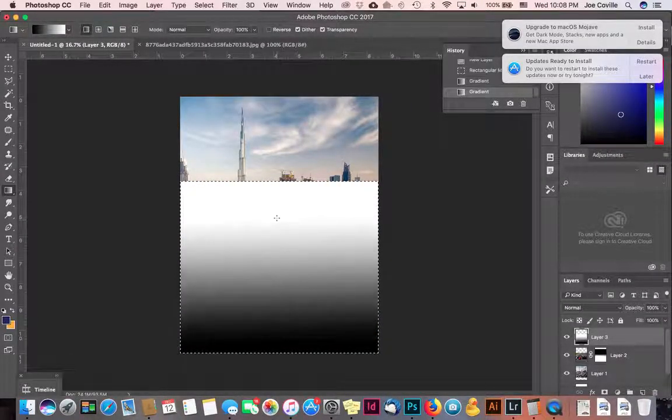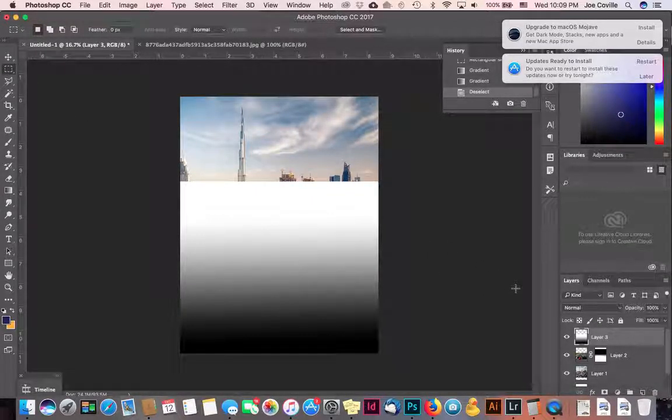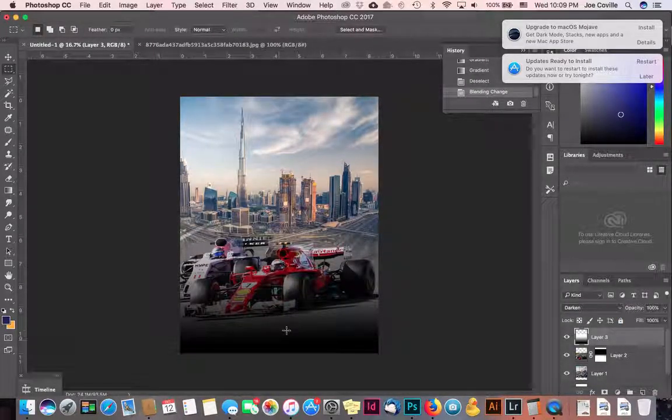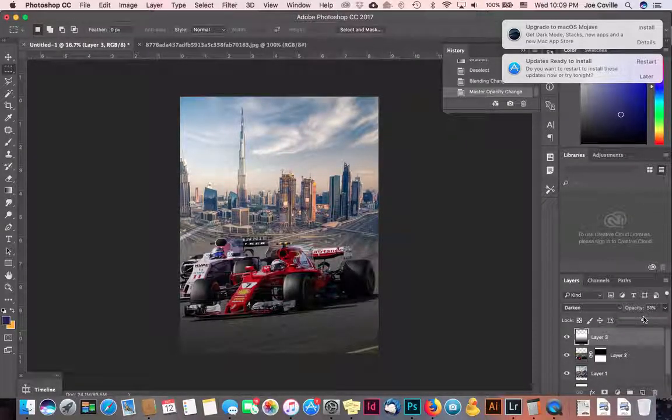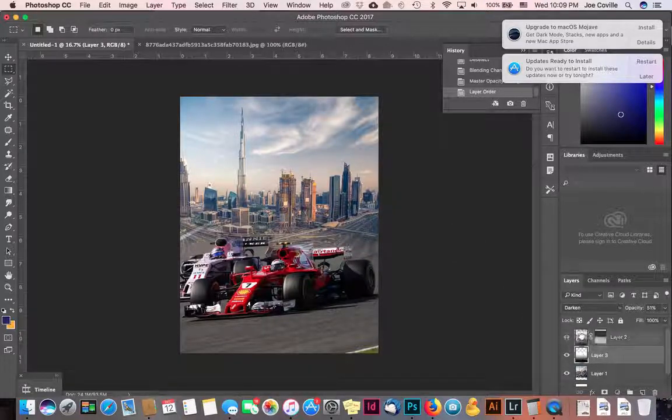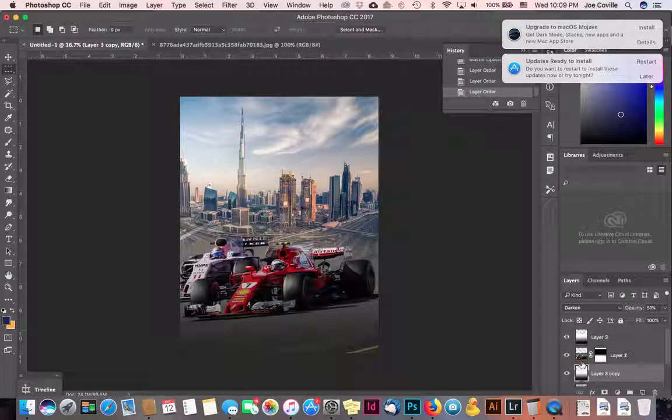And so now if I take this layer and hit darken, it's going to darken everything. So I'm going to fade the opacity a little, and then I'm going to take this other one and duplicate that like this,